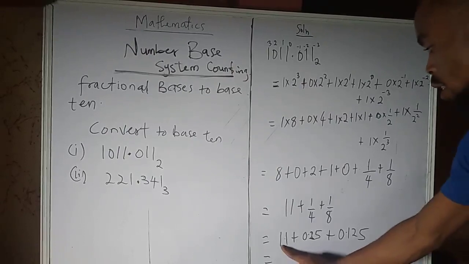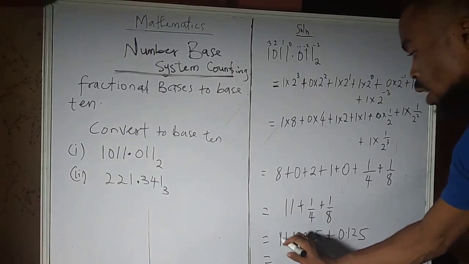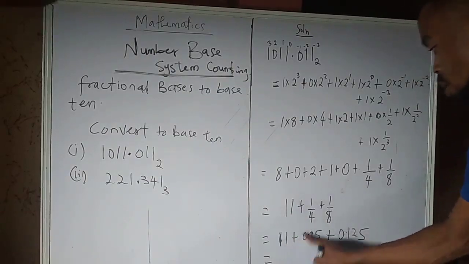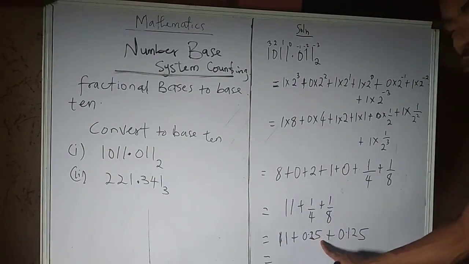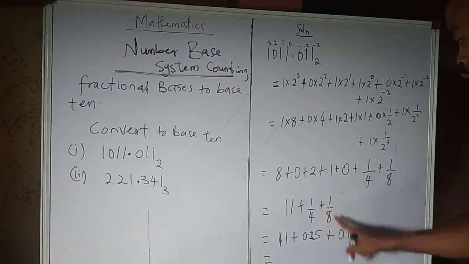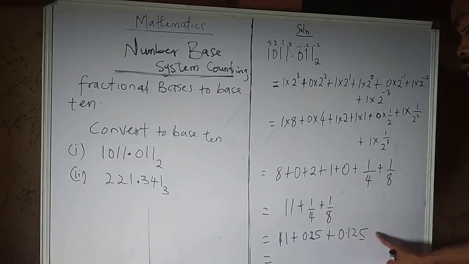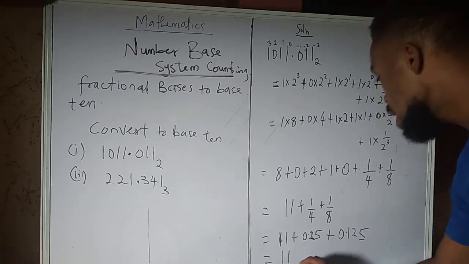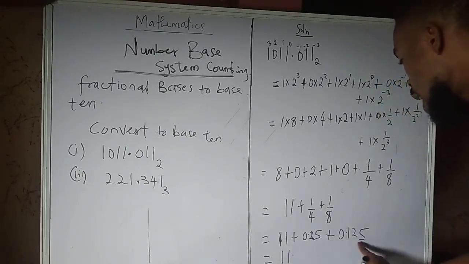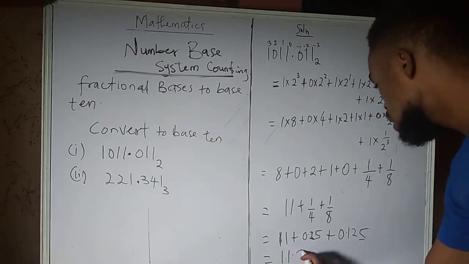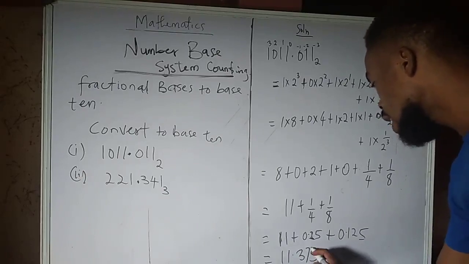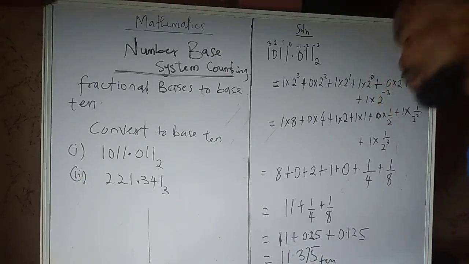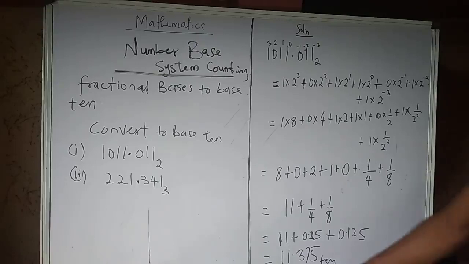Okay, so this is 11 now. 11 here plus 1 over 4 is 0.25, then plus 1 over 8, which is 0.125. Alright, so if we are taking those down, this is going to become 11 points. If we add all this together, we are going to get 375 in base 10. Alright, so we have 11.375 in base 10